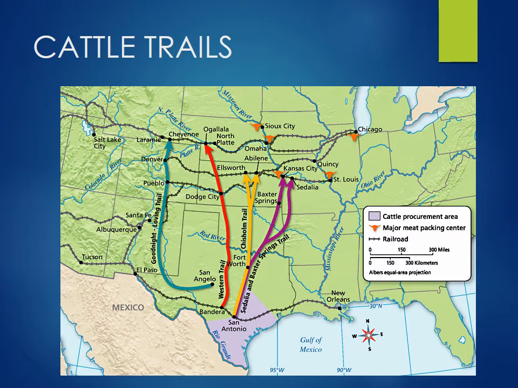One issue with the cattle ranchers is they had to get their livestock to the railroad lines, and these are the famous cattle trails that were developed during the mid 1800s, or 1880s, basically. And these were called cattle kingdoms. You had the large ranches down in the Texas area, and then they would have these long trail drives where they would herd up thousands and thousands of their steers, of their cattle, and have to drive them north up to the railway lines so then they could be shipped back east.